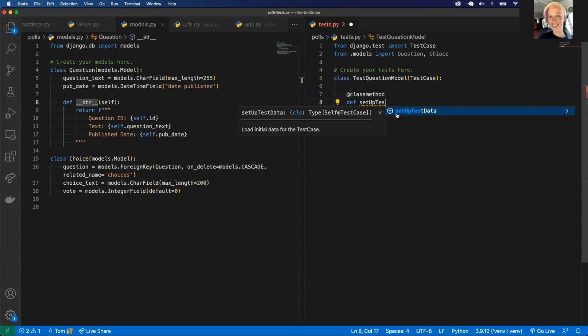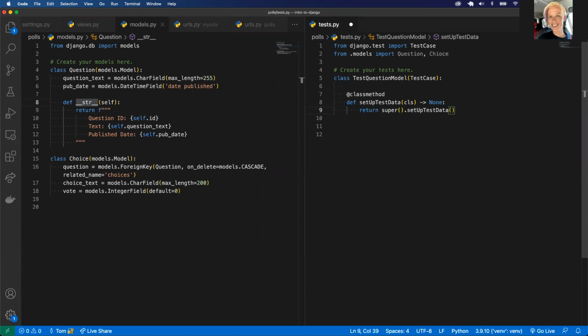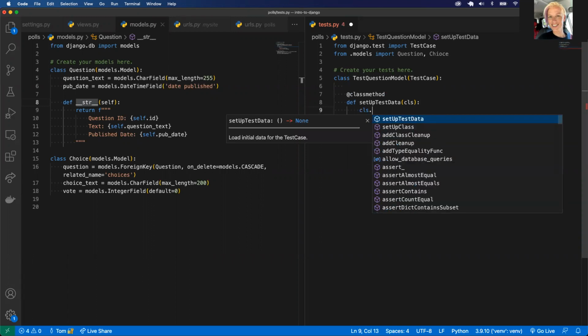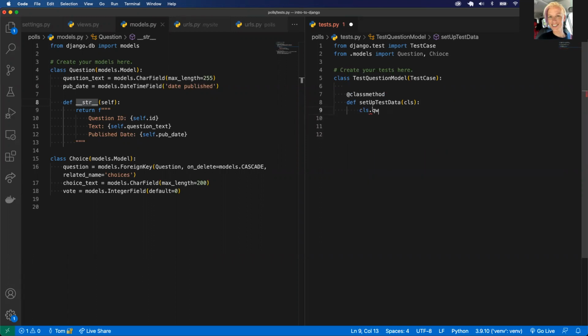Right here, it's got a setUpTestData that I can use throughout the entire test suite. So this is Python, the new way of writing Python. If I want to create a question one, I can say question_one equals Question.objects.create,